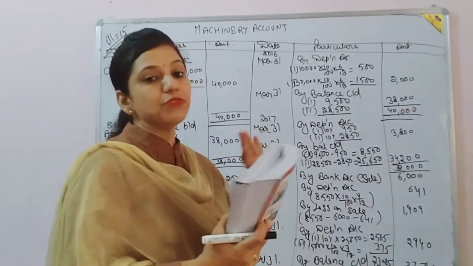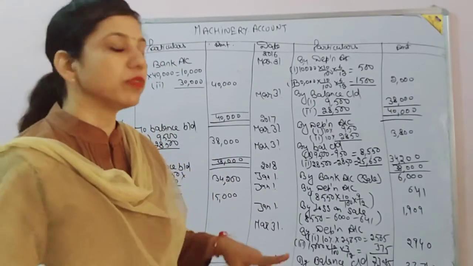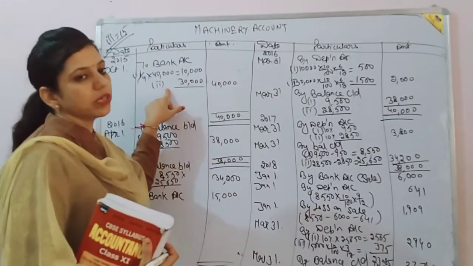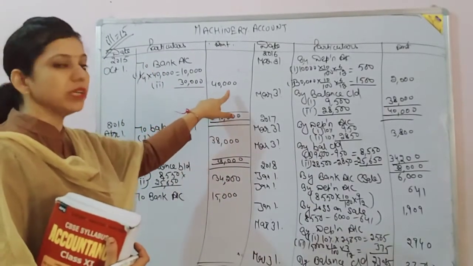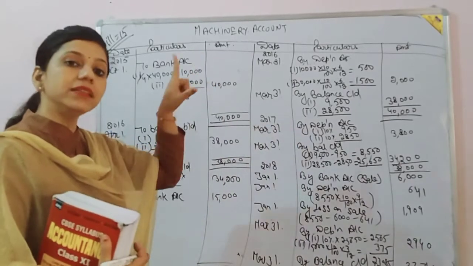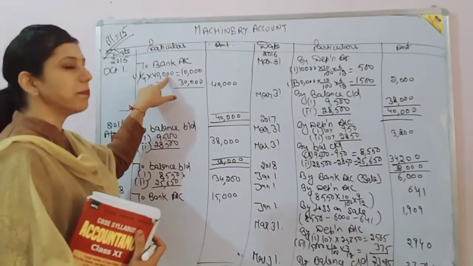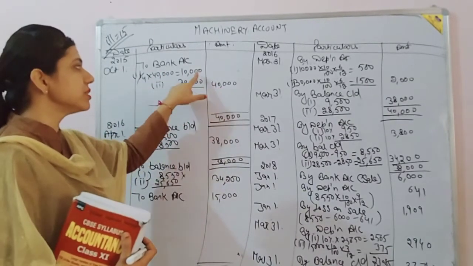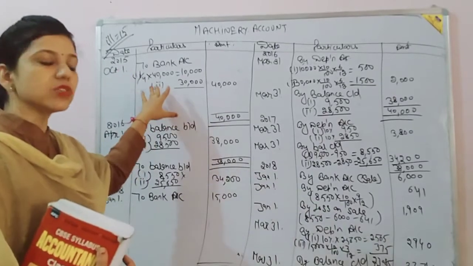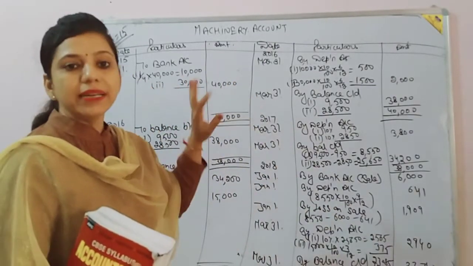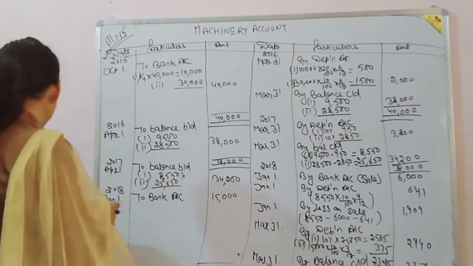So, as we studied, in the statement 1/4 part is disposed of. So, at the starting of the question, we will separate the 1/4 part. The total cost of machinery is 40,000 and in the third year 1/4 part is sold. So, 1/4 part will be separated. 1/4 of 40,000 is 10,000. Remaining will be 30,000. In this way, this question will become quite easy and there is no need for extra working notes. So, how will we do this question?